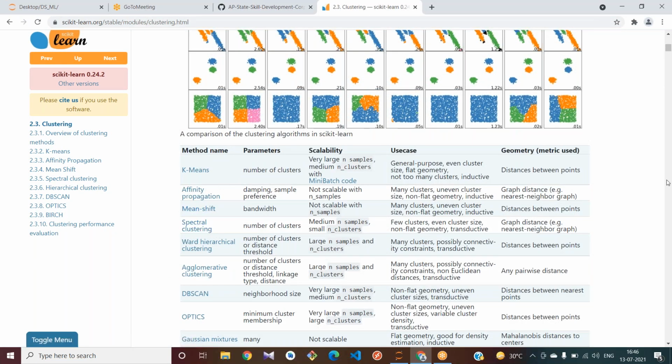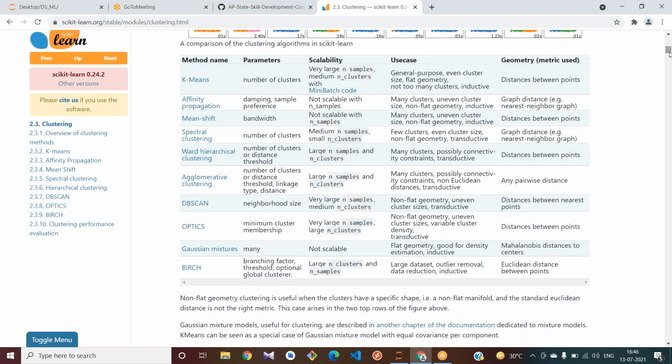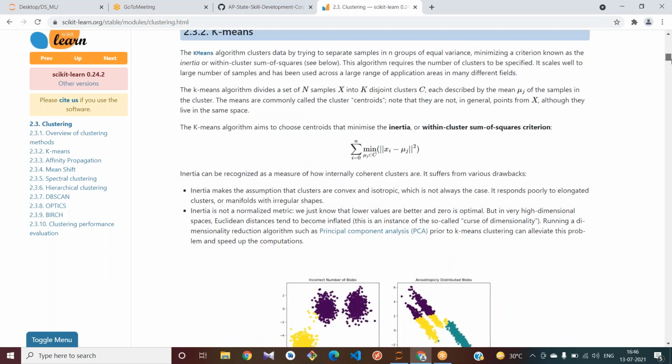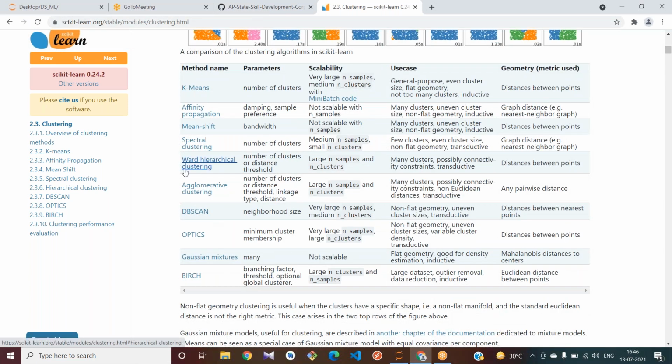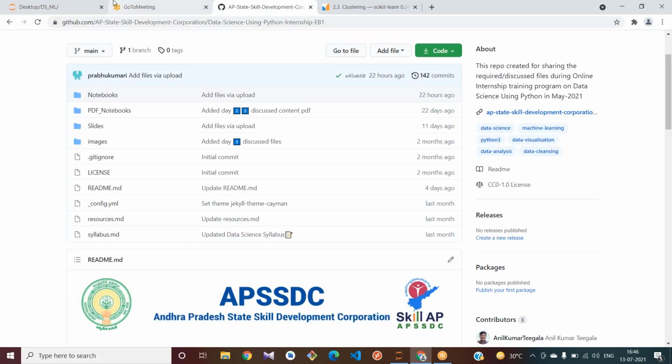Now we try to do agglomerative clustering, also called hierarchical clustering. All of that comes under hierarchical clustering. Today we are going to see there are different types of clustering, but the most used are hierarchical clustering, k-means, and DBSCAN. As per the syllabus we have k-means and hierarchical clustering. Let us start with what is hierarchical clustering today.